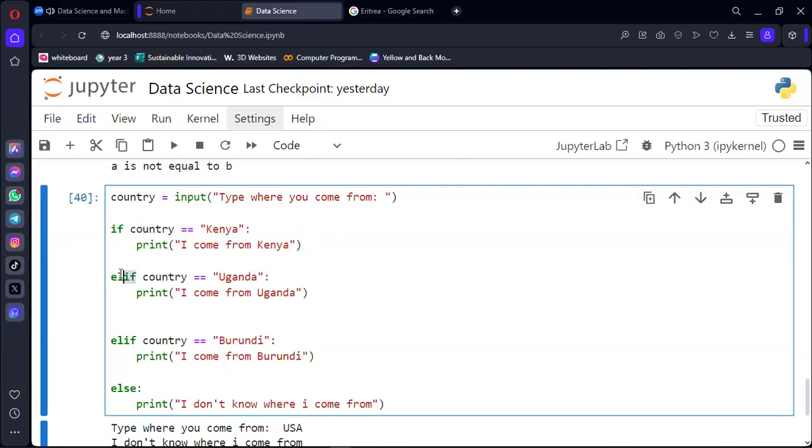So this elif is an else if. In the event the first condition is not true, if it's not from Kenya, then check another condition, check something else, check this condition. Remember also the elif is a